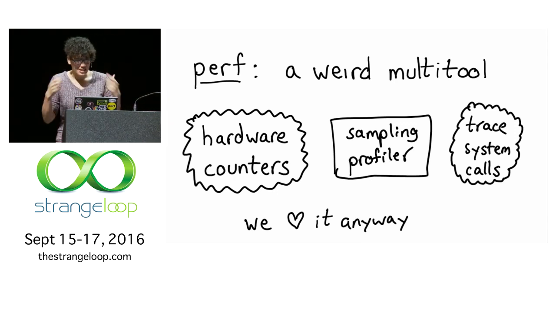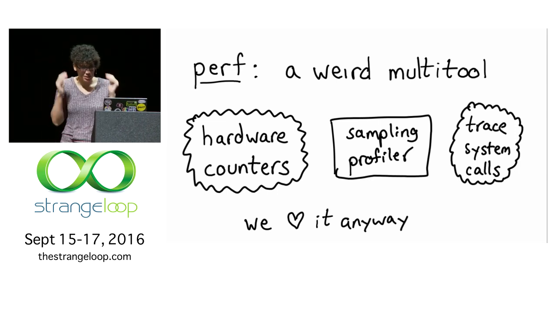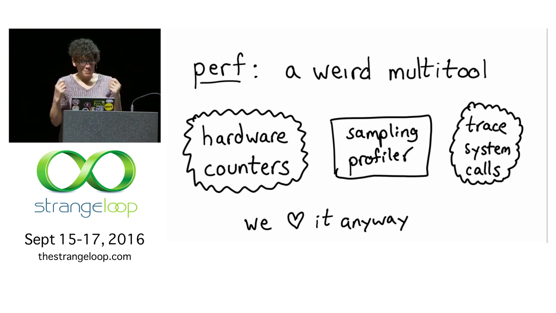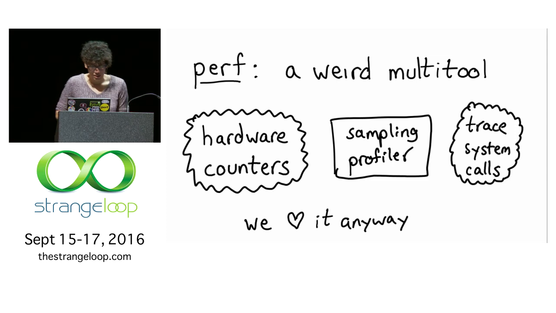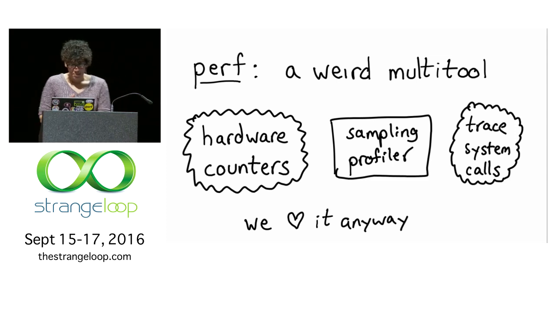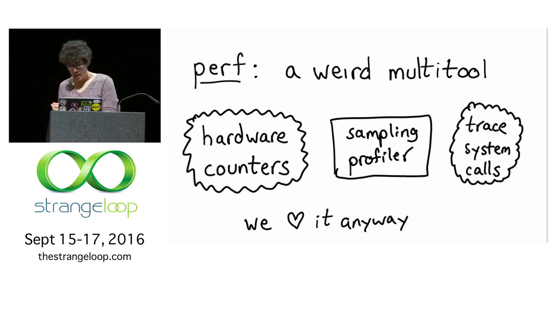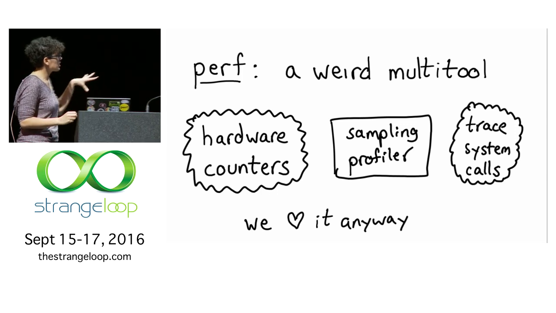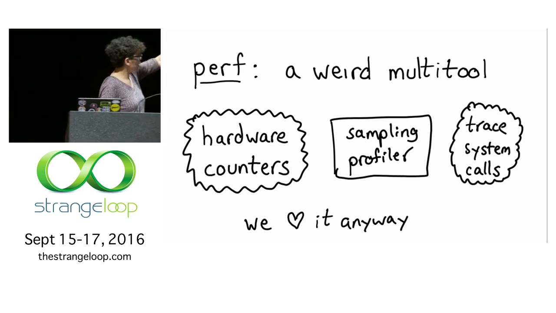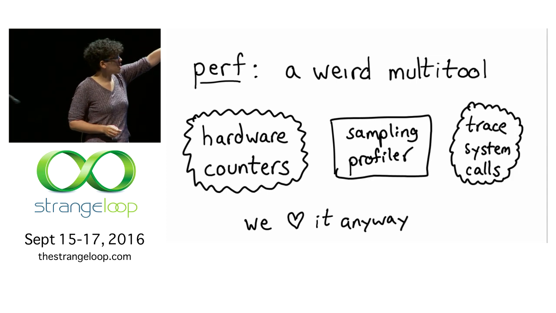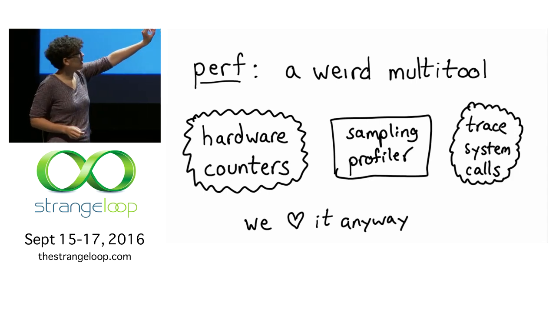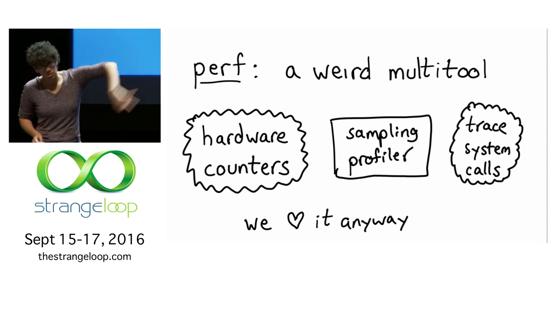And I think this idea that you can always see what's happening in your program at any given time is really powerful, and it makes you want to build that for other programming languages that don't have this. Anyway, but what's perf? How does it work? It has three different kinds of things that it does. One of them is hardware counters, which I'm going to explain. It has a sampling profiler, which is what we've been looking at. And it lets you trace things.